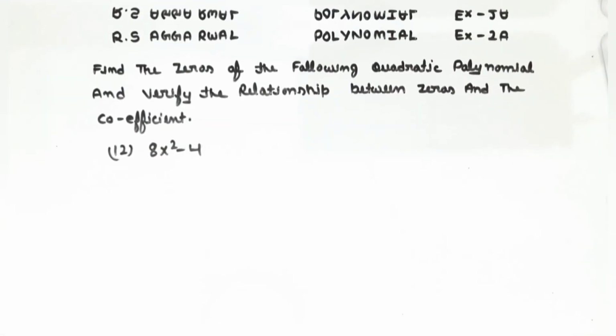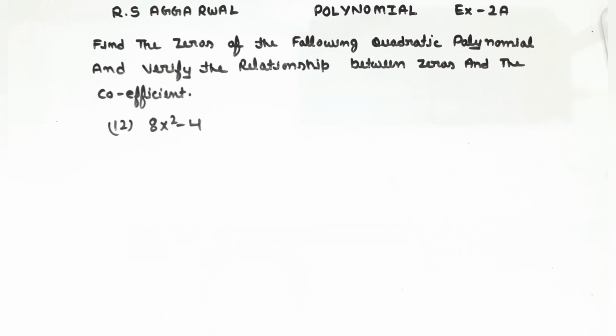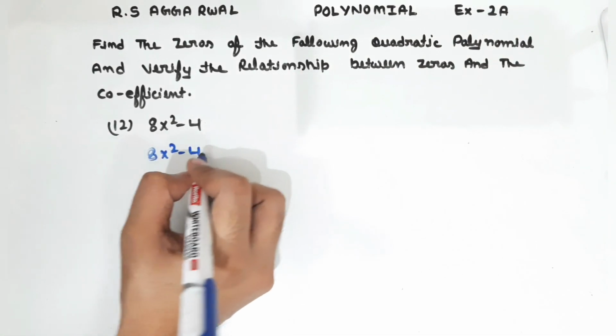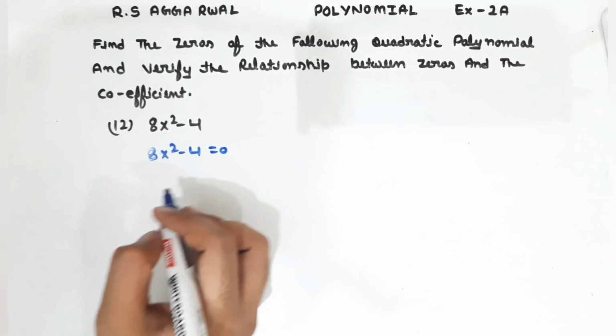R.S. Agrawal, chapter polynomial, exercise 2a, problem number 12. In problem number 12, we have to find firstly the zeros of the given polynomial and then we have to verify the relation between the zeros of the polynomial and their coefficients. Firstly, 8x square minus 4 will be equal to 0. From here